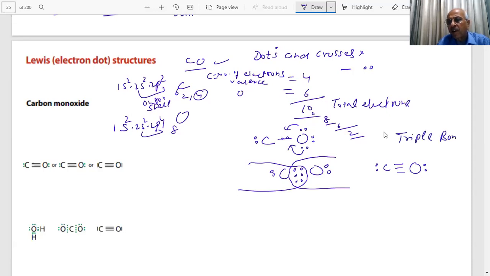What type of covalent bond? Triple bond. Yes or no? Tell me. Right? We may show it as it is shown in your book, student. But this line means 2 electrons. This line means 2 electrons. ठीक है? This is a way to represent this or this. Is it okay, student? Yes, sir.